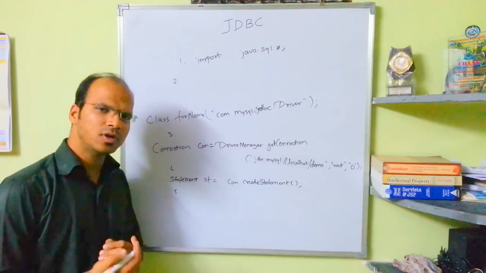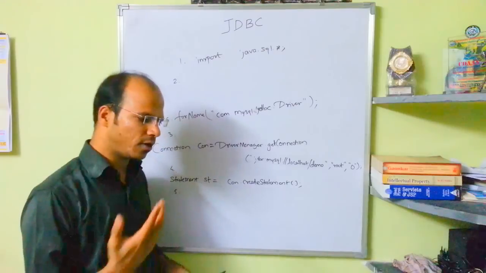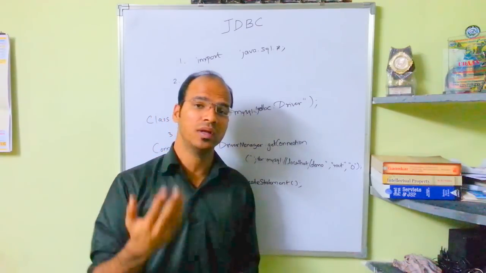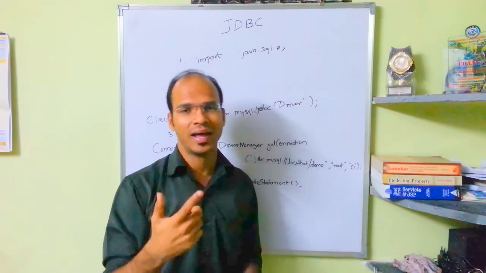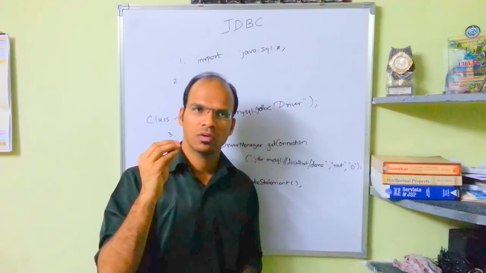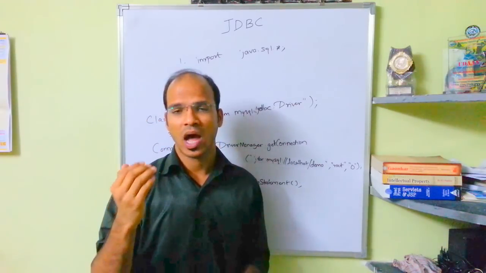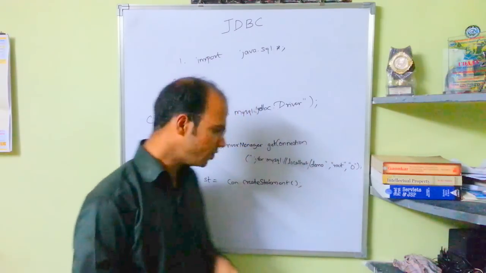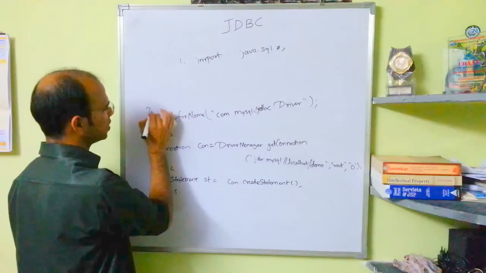Fifth, let's suppose I want to get, in practical, I have created a database, one database demo, in which you have a table called student. In that table student, we have two columns, roll number and sname. So roll number will have 1, 2, 3, 4 roll numbers, and we have some names. I want to get the name of roll number 2. That means I have to use some SQL query. Again, we can define a string here. So we have this second step.